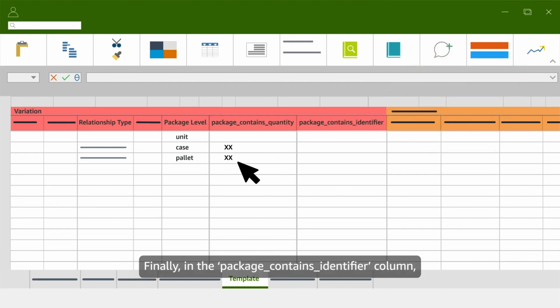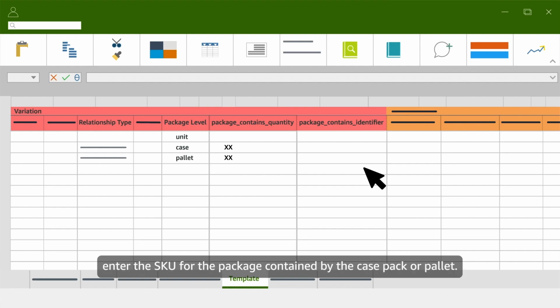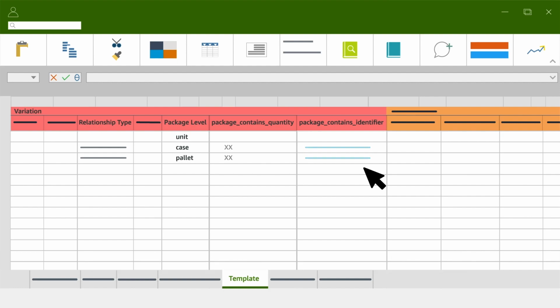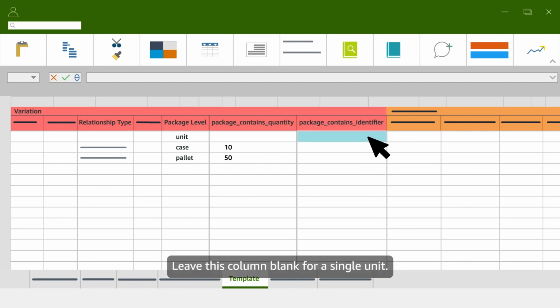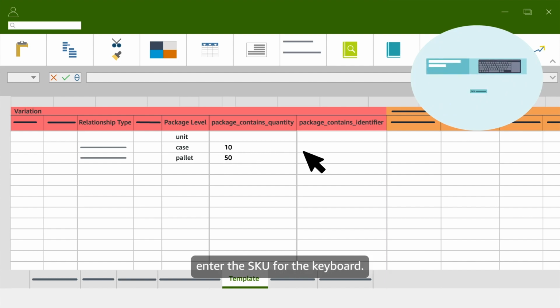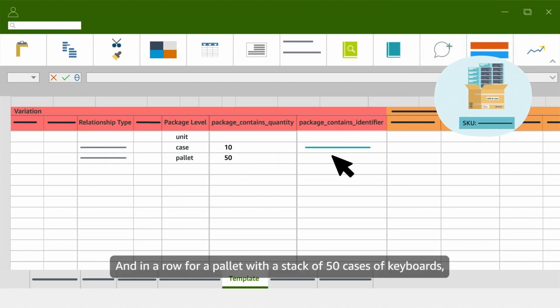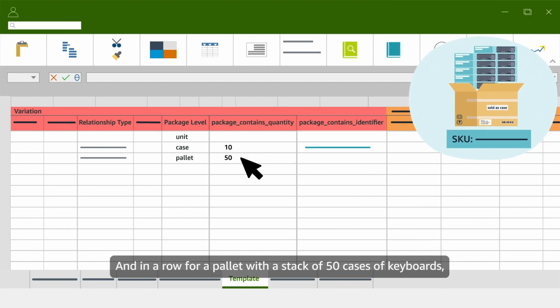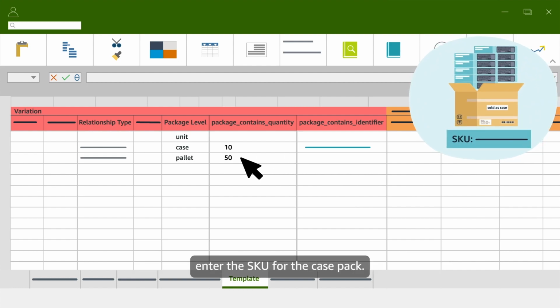Finally, in the package_contains_identifier column, enter the SKU for the package contained by the case pack or pallet. Leave this column blank for a single unit. For example, in the row for an individual keyboard, leave package_contains_identifier blank. In a row for a case pack that contains 10 keyboards, enter the SKU for the keyboard. And in a row for a pallet with a stack of 50 cases of keyboards, enter the SKU for the